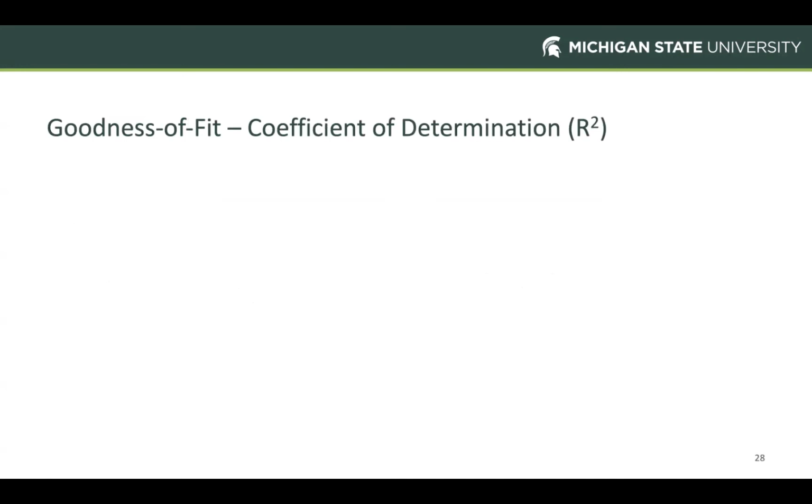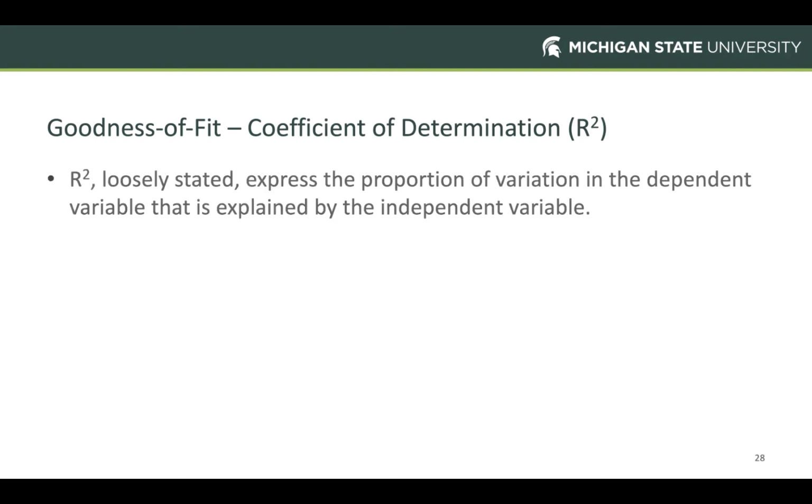Another related concern is goodness of fit. The way that this is traditionally assessed in the context of linear regression is via R-squared, which is our coefficient of determination. Loosely speaking, what R-squared is telling us is the proportion of the variation in our Y variable, or dependent variable, that is explained by the value of the independent variable, okay? For example, if R-squared was equal to 1, it would mean 100% of that variation in Y is explained by X. It probably also means you have a problem, because it would be very unusual that you'd see an R-squared of 1,